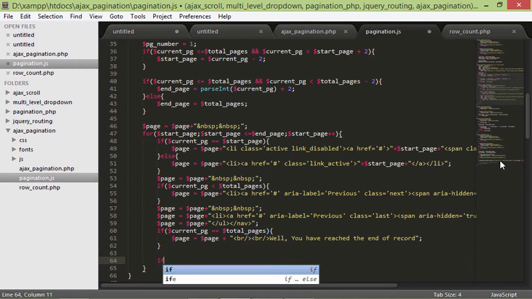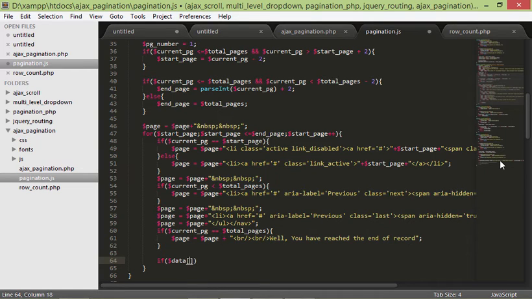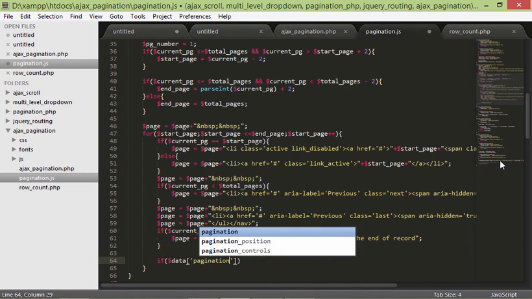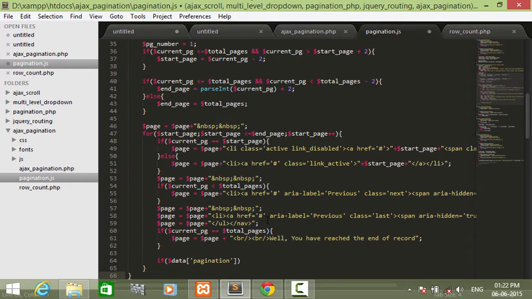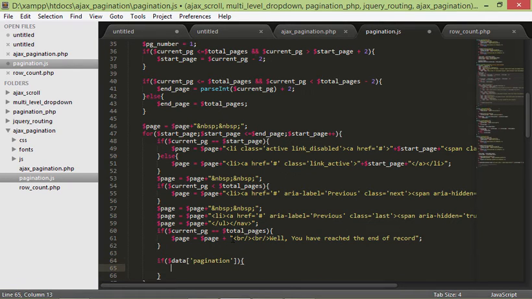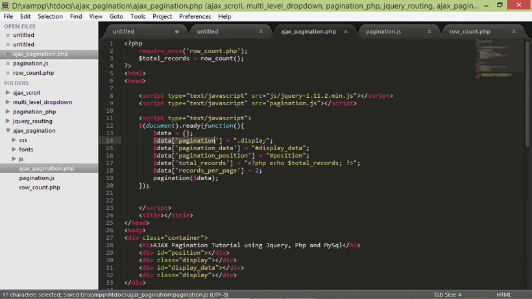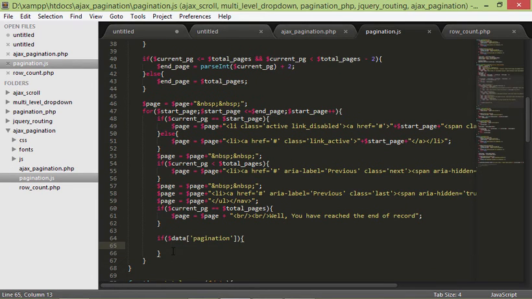After that we had to display that, right? So if data of pagination, and if you're wondering what this is all about, let me show you. Here in our Ajax pagination, do you see here data of pagination, and we're giving a class name display, which is right here. So this is where we are going to display our pagination. They are checking whether the div class dot display is available. We're just checking that here, and if that is the case,